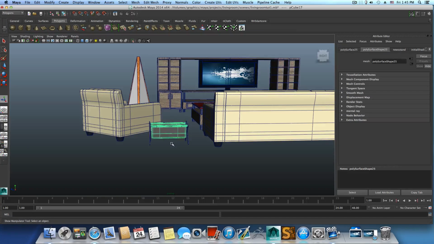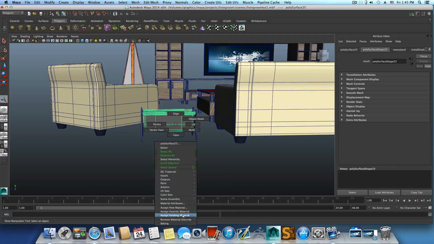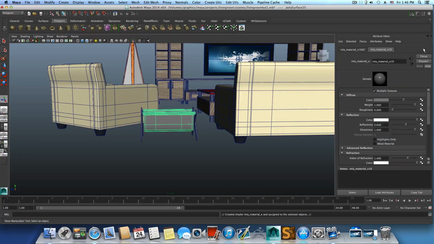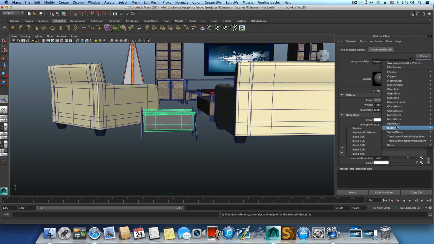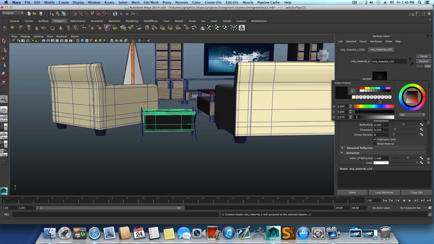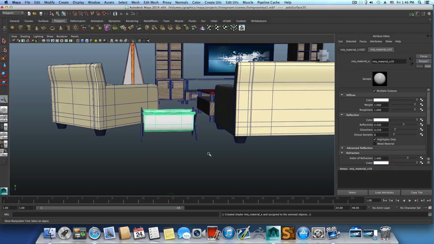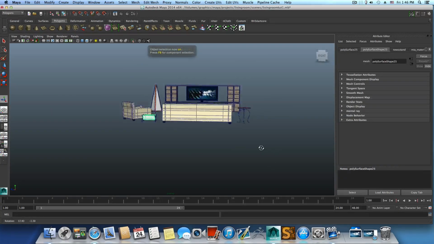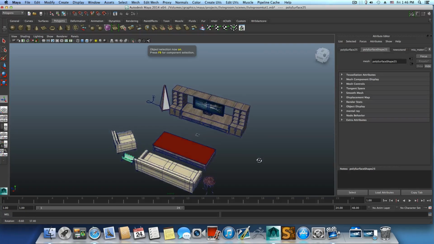One more thing is this one here. Right click, assign new material, Maya Material X, go over preset, change it to rubber again, like the sofa, but this time I want this to be pure white, so just change it to white and leave it as it is. Don't do anything else, don't change the reflectivity, don't change the glossiness, that way it's fine. After we've done all this,